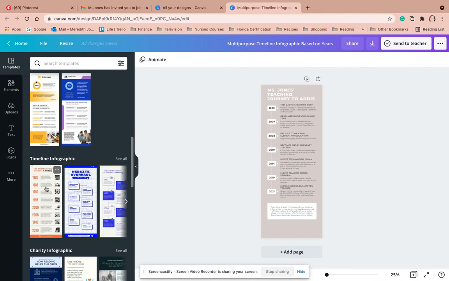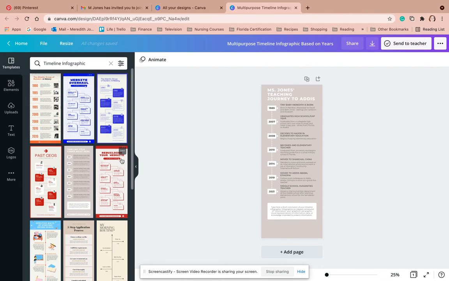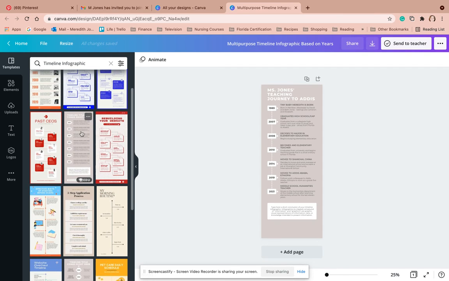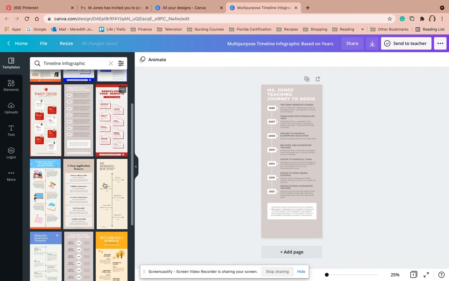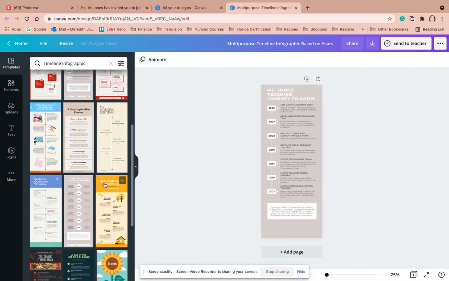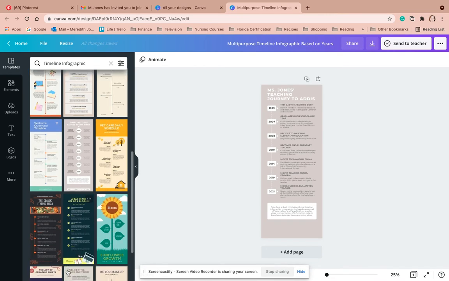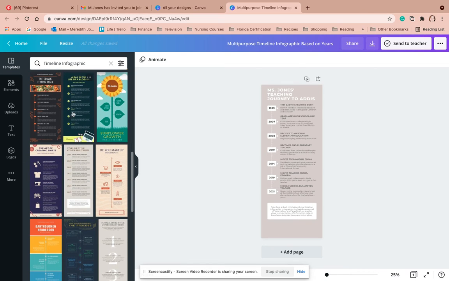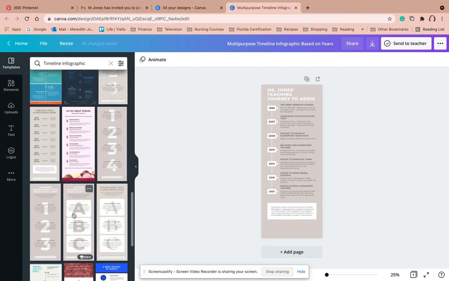Here's a great one looking at this infographic timeline. It doesn't have to, this is the one I chose, something similar, not quite. This one here is what I chose. It doesn't have to be just related to all the moves you've made in your life. It can be just big events in order. So thinking back, if you're only 12, maybe you try to think of one event per year. Think just big memories or multiple memories from school if you want to focus on a few from a certain time in school. But you can choose any timeline you want, and these are the infographic timelines, but make